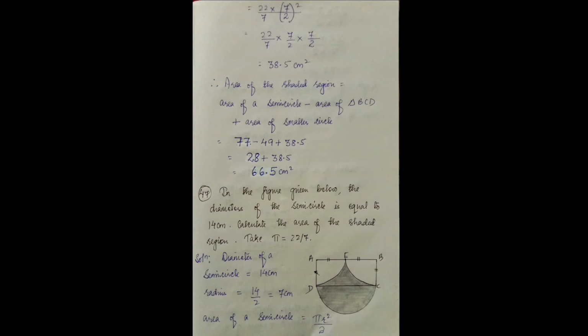So next we'll apply here the formula pi r square. Pi is 22 by 7 and the radius of the circle is 7 by 2. Okay, 7 by 2 into 7 by 2. We can cancel this, 2 11s are. Now 11 into 7 is 77 divided by 2 is 38.5 centimeter square. Okay, this is the area of that smaller circle.